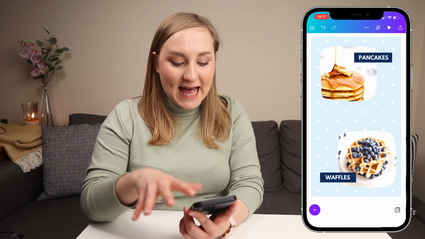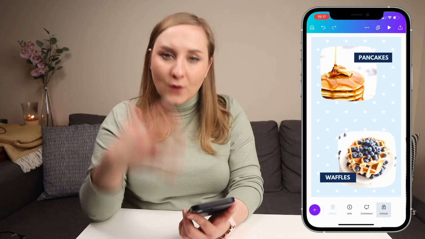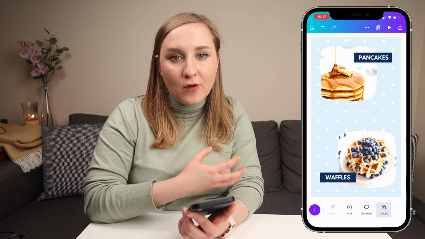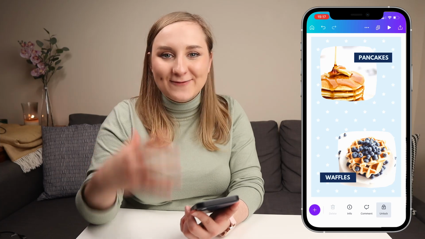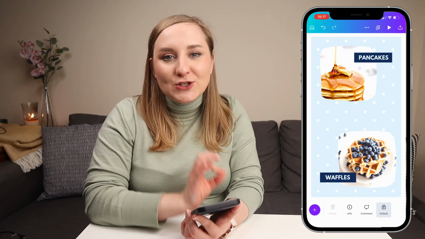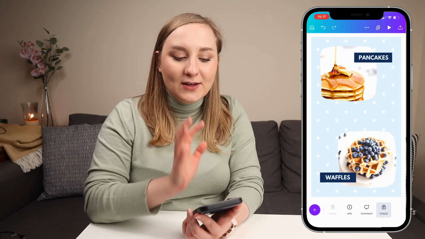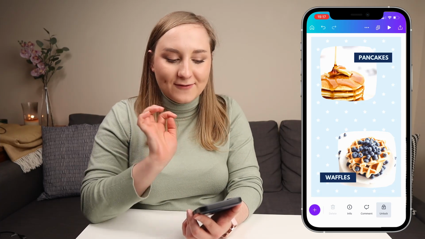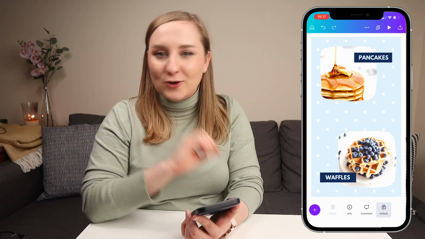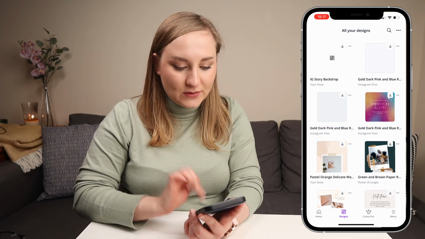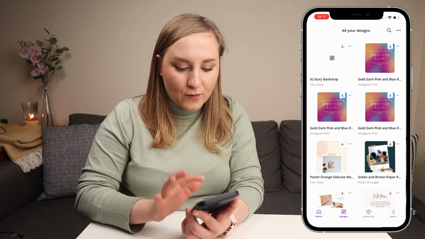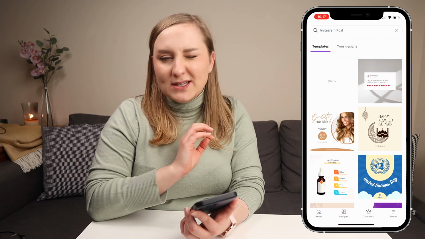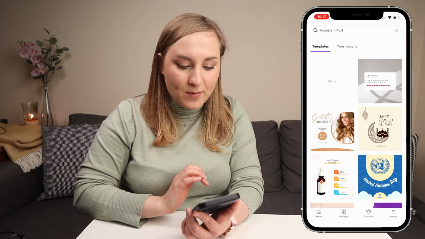Now you know how to add different elements, you know how to add photos or videos, both from your camera roll, from the uploads, or from the Canva library. Now, I want to show you a few different tips on how you can use Canva to make sure that you're putting it to good use, and I have some really cool tricks to use on your IG stories. So let's go back to the homepage, and I'm just going to go for an Instagram post just because I want something square. I'll show that to you in a moment.